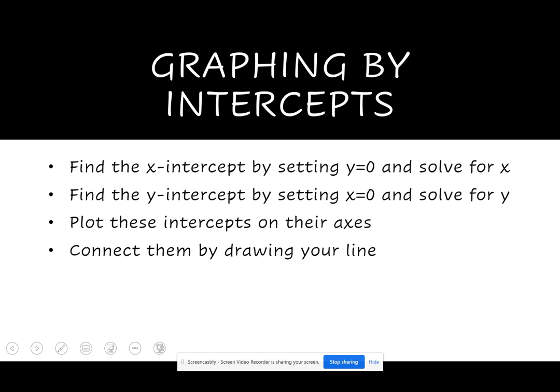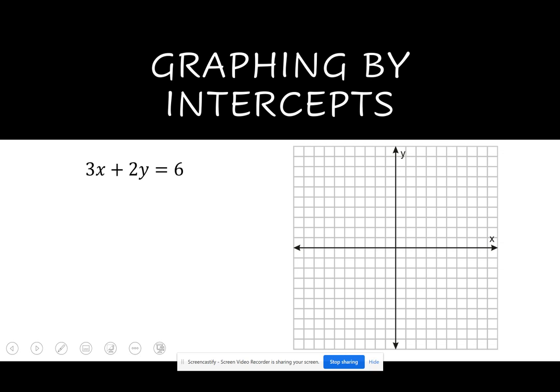Next, we're going to look at graphing by finding our x and y intercepts. To find your x-intercept, you're going to set y equal to 0, solve for x, and plot that on the x-axis. To find your y-intercept, you're going to set x equal to 0, solve for y, plot that on your y-axis, and then connect them by drawing your line. So, that sounded like a lot. So first, to find your x-intercepts,